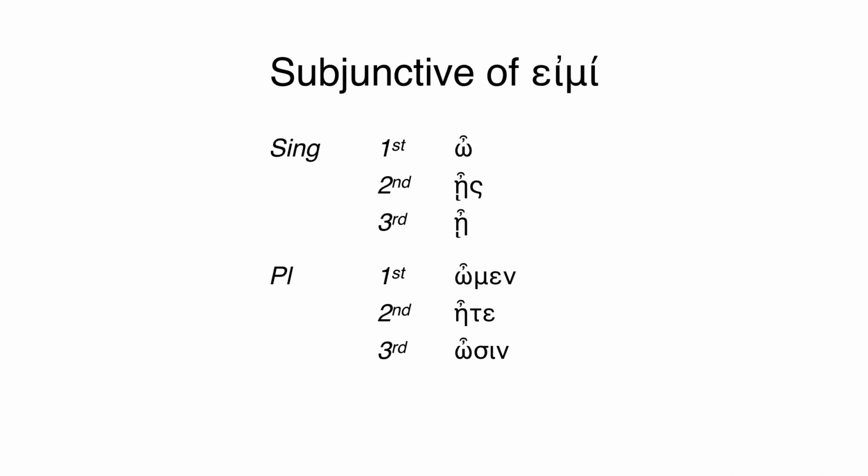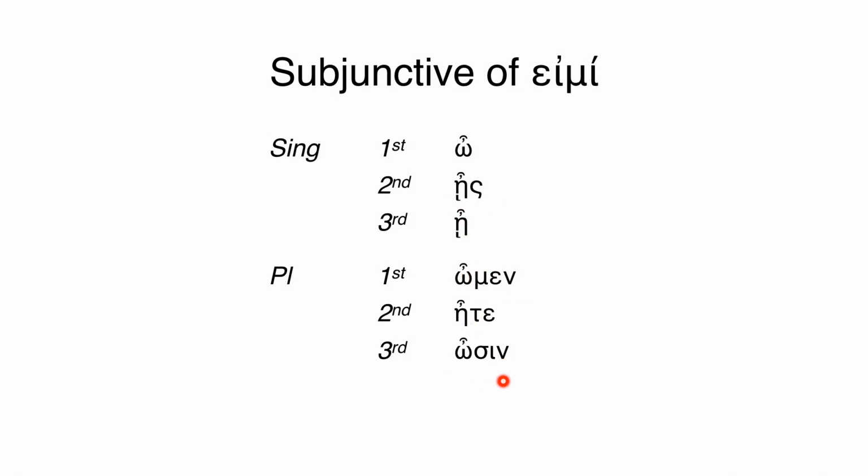Now there's one other table to look at here, and this is the subjunctive forms for eimi. We've seen before that eimi does its own thing, but because it's such an important verb in the Greek New Testament, we need to study its own table in a sense. What we see here is omega is the first person singular form. Es, omen, eta, osin, or o, is, i, omen,